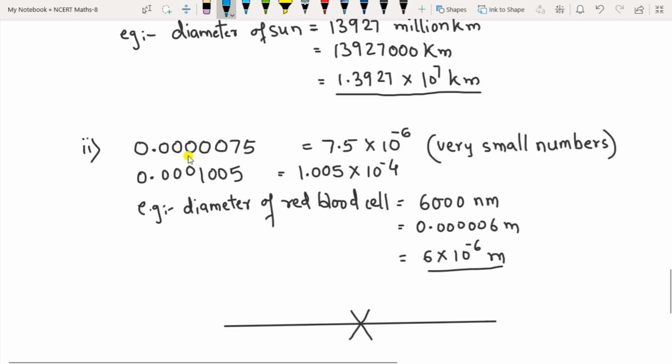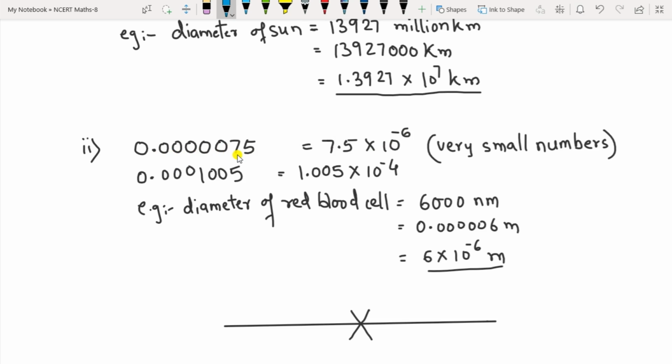Then the second form of decimals is like this, for the very micro world or very small numbers. Okay. So see here, 0.0000075, or there may be still smaller numbers. When it is so, you have to count the decimal places to the right side. So it becomes 7.5 into 10 raised to minus 6. Why 6? Because you are moving 6 places: 3, 4, 5, 6.